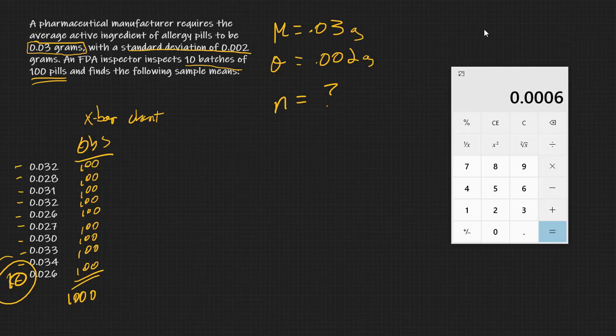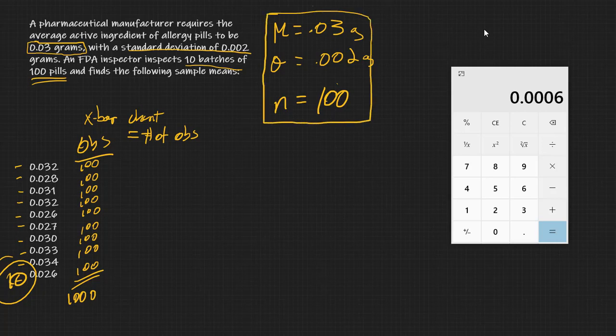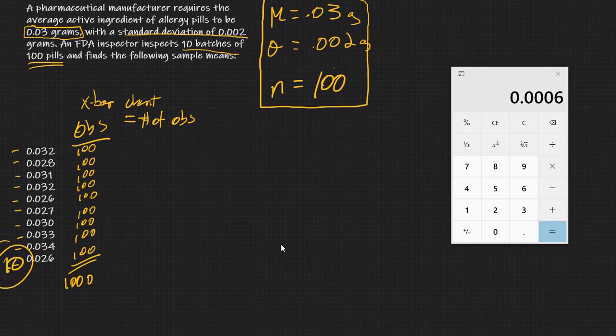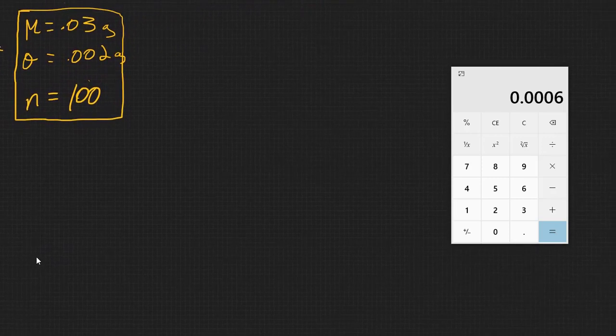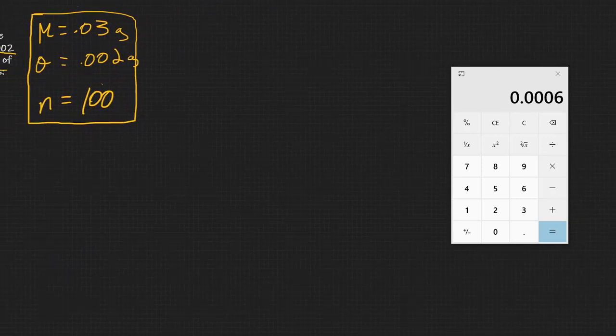And the answer is 100. n is equal to the number of observations in each sample. Let's keep these in mind. They're going to come up after a while when we draw our chart. There's probably enough space to draw our chart, so let me just scoot it over to the left. All right, so let's do our Xbar chart,